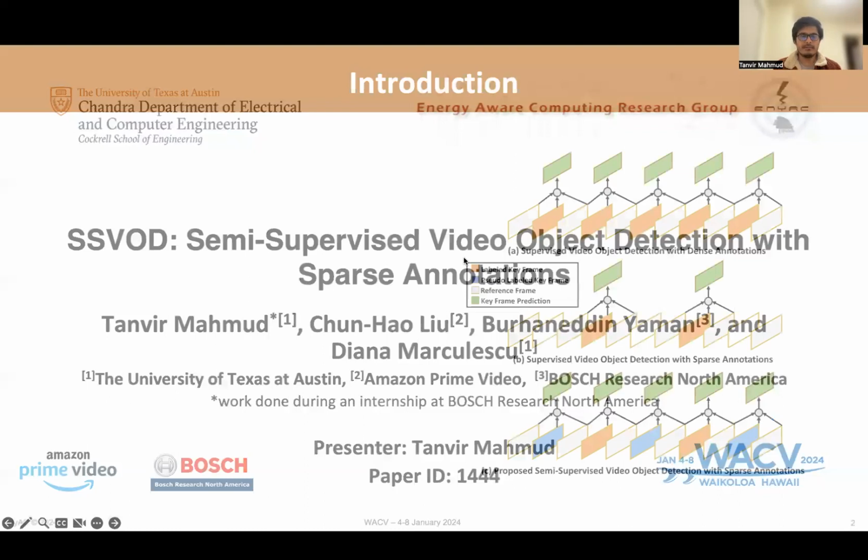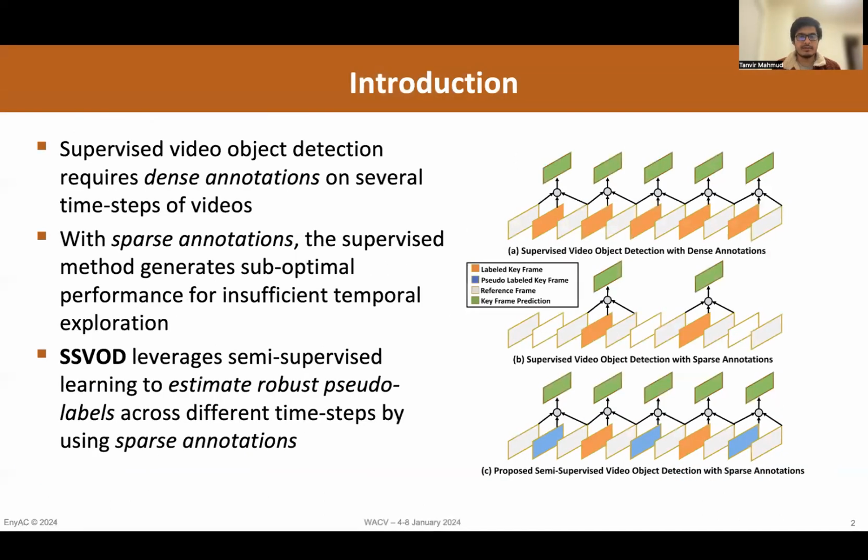Let's introduce the problem. Supervised video object detection requires dense annotations on several time steps of videos. So in figure A, we can see the supervised method requires annotations in several time steps. But with sparse annotations, the supervised method generates suboptimal performance for insufficient temporal exploration. So when we have only two-step label frames over the video, we cannot explore different time steps in the supervised